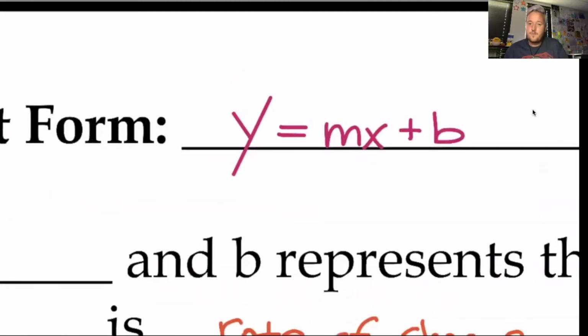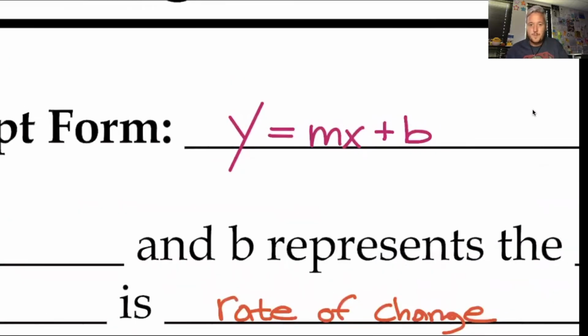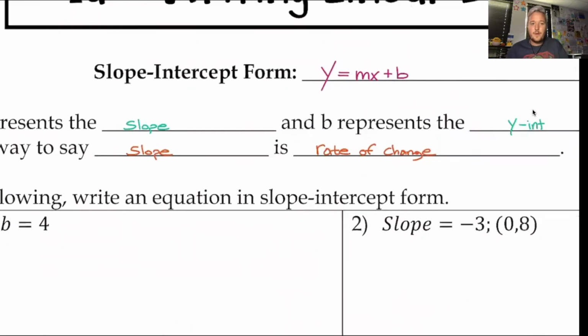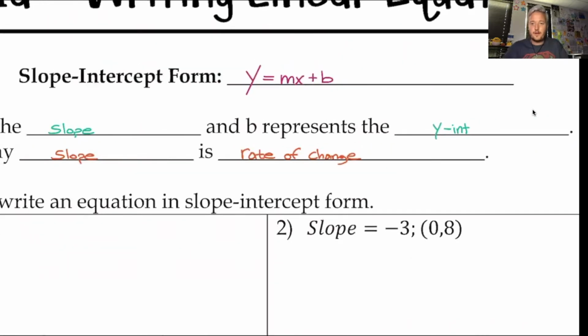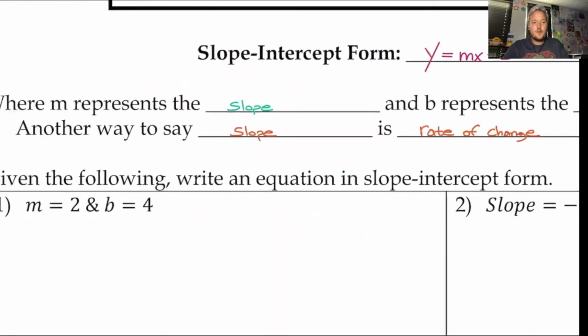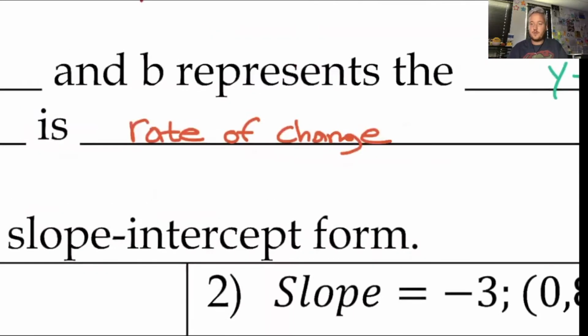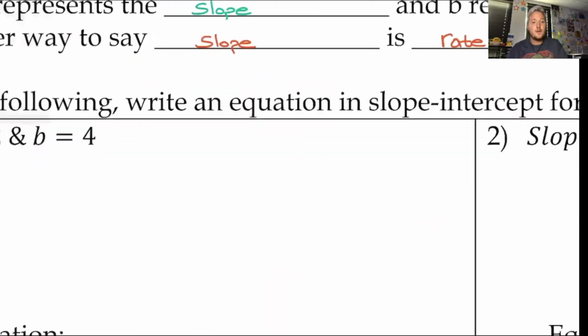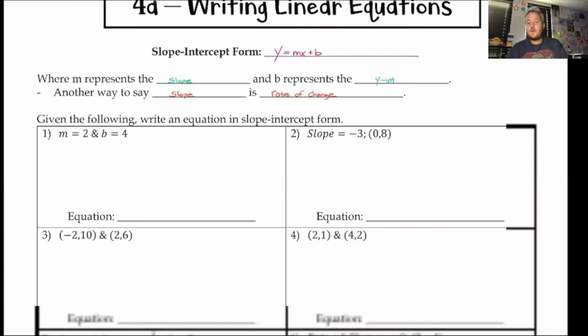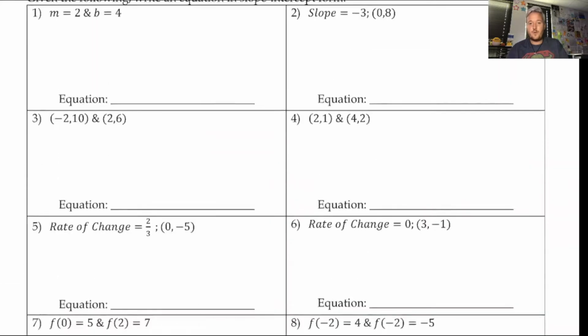As you know, we're looking at the equation y equals mx plus b, where m represents your slope and b represents your y-intercept. Another way to say slope, just in case, is rate of change. Some of your equations or problems may use the word rate of change instead of just explicitly saying the slope. All right, so given whatever information we have down here, we want to be able to write the equation